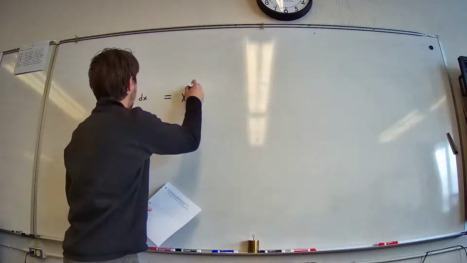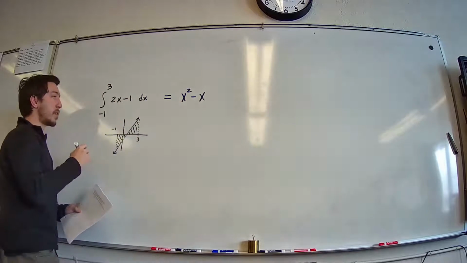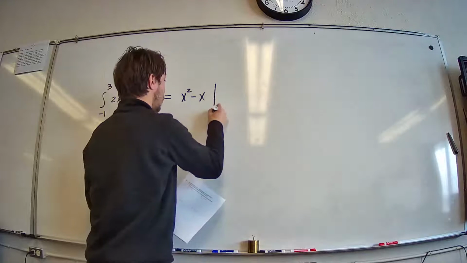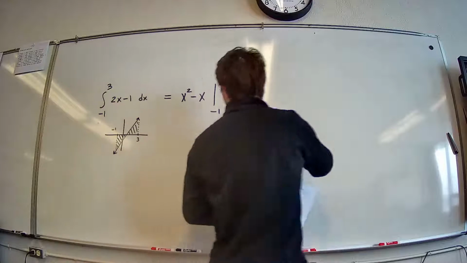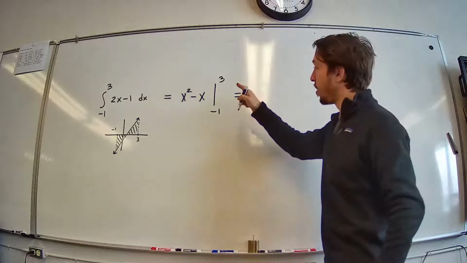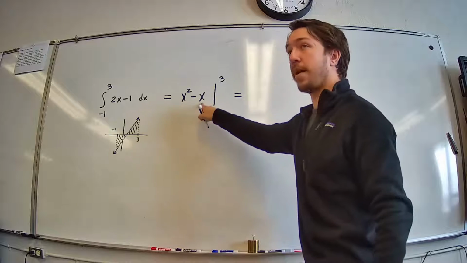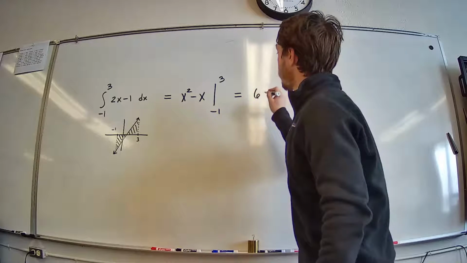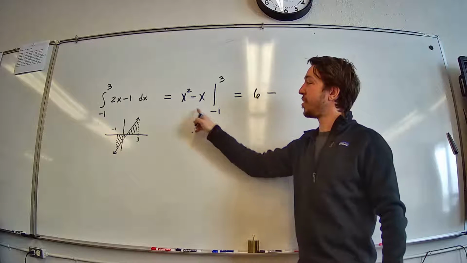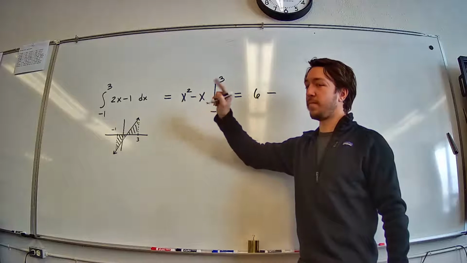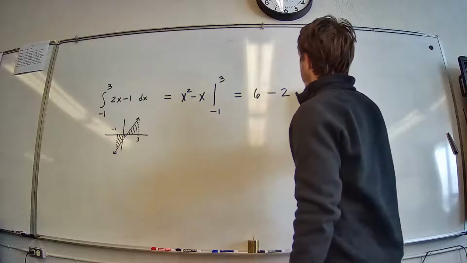X squared minus x, and this guy's going to be x. So our integral is x squared minus x, and then we're just going to plug in -1 and 3. Okay, let's just be careful here. Plug in 3: 9 minus 3 is 6. Now let's plug in -1. Be extra careful there. -1 squared minus -1 makes 2. So,